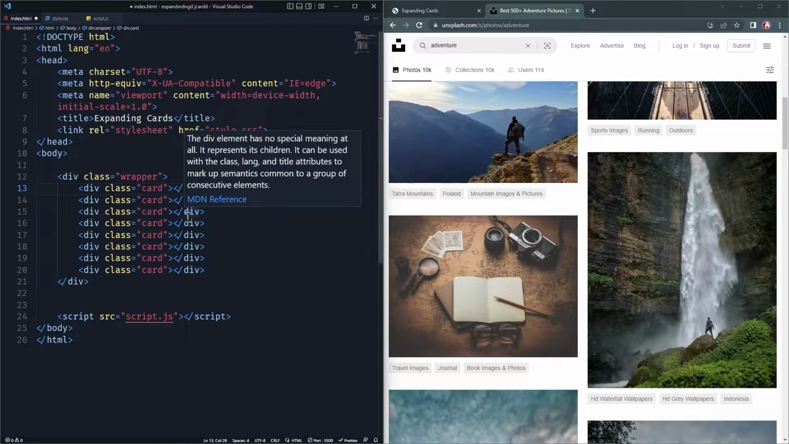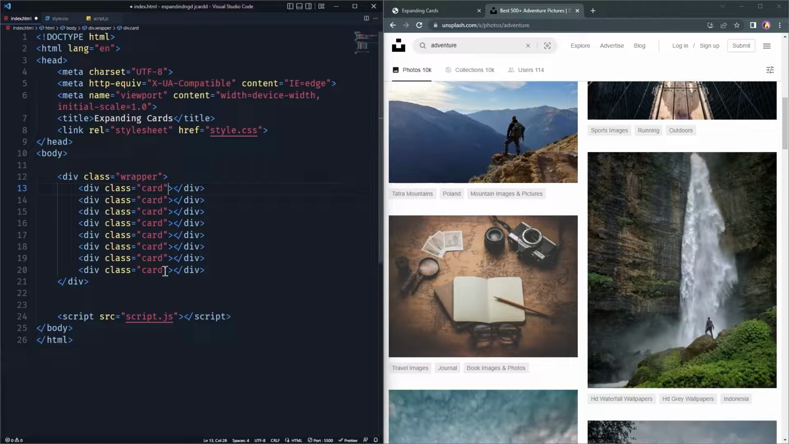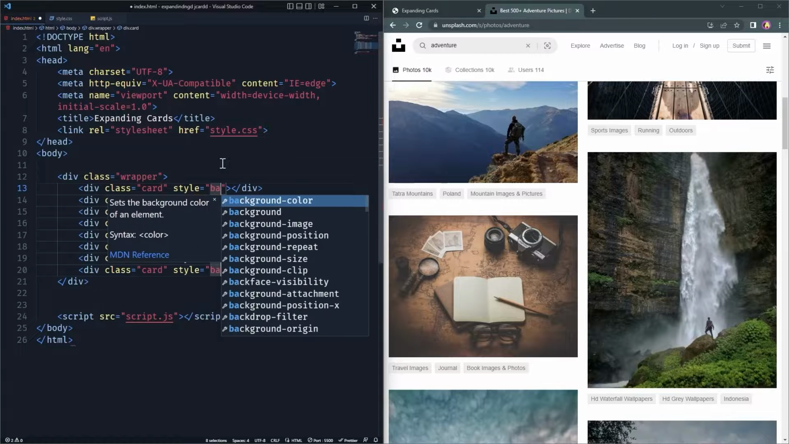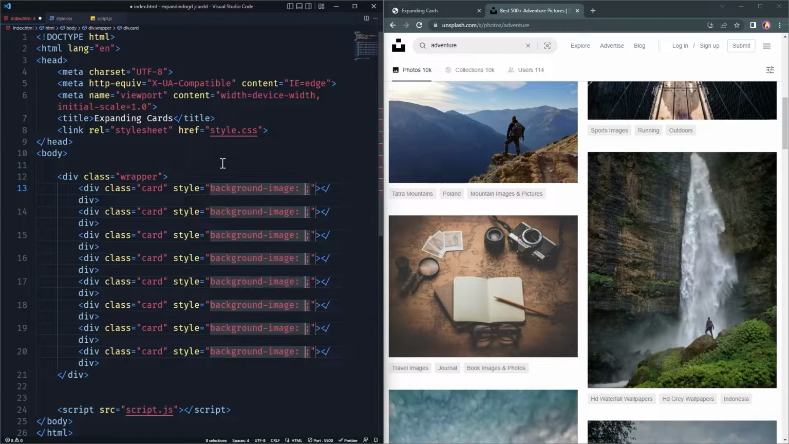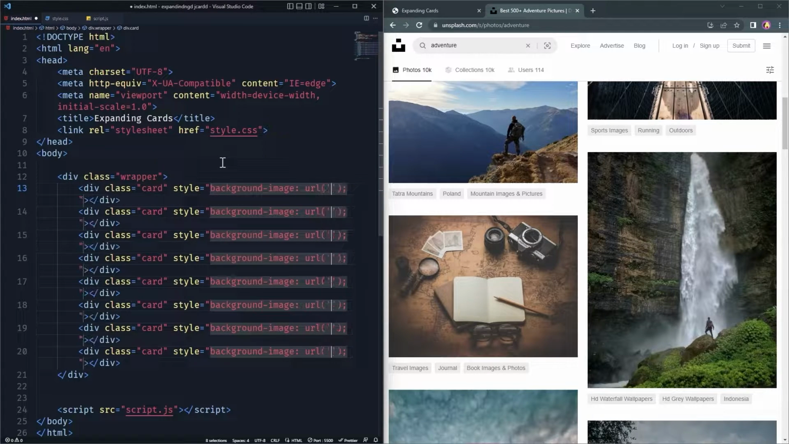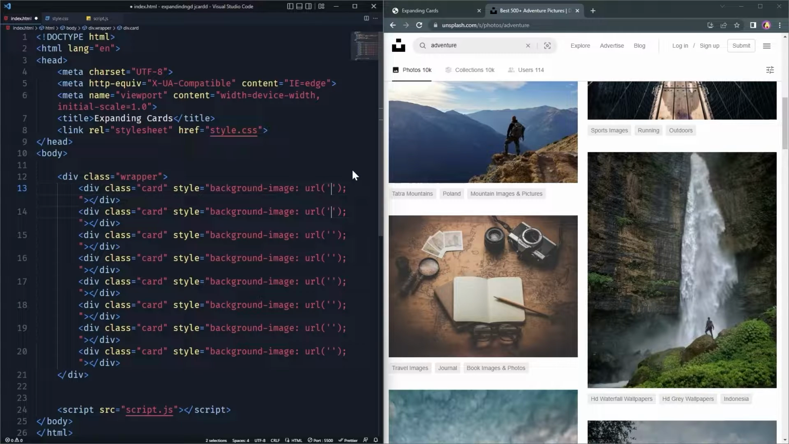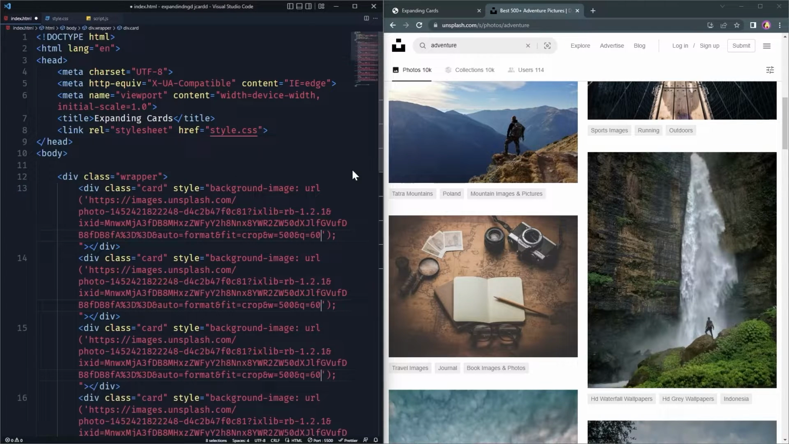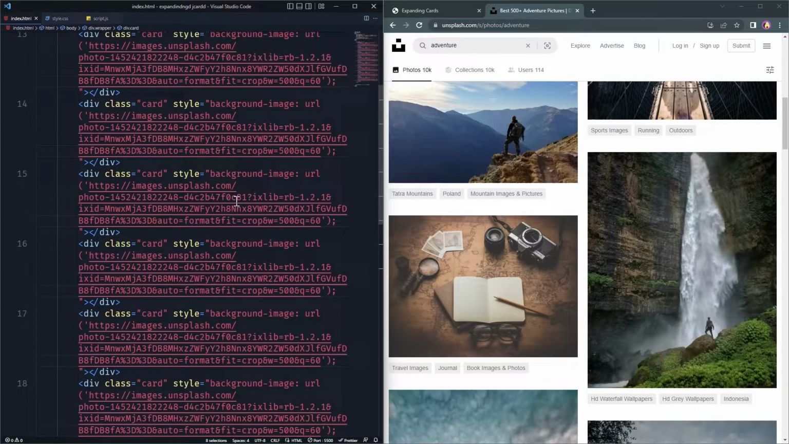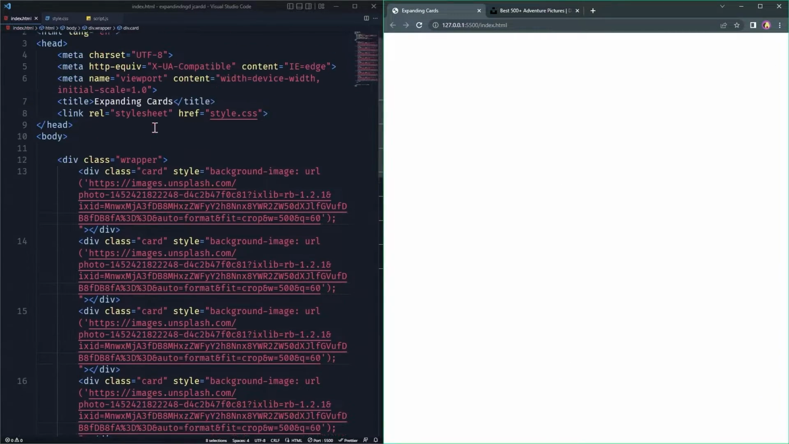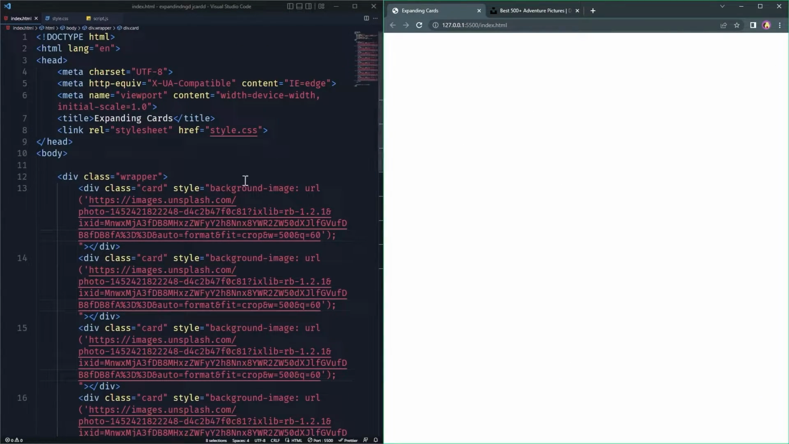And now I have to put a background image in each of these cards. So I am going to select them as well. And let's type here a style, and we want a background image, and then we will put here URL. And now let's select any of these images. Let's say this one, copy image address, and you can paste it over here. Now you can see we don't have the images yet in our page, so for that I'm going to write